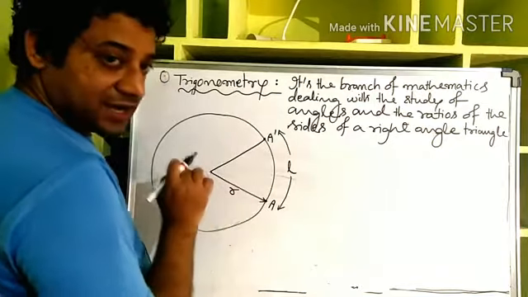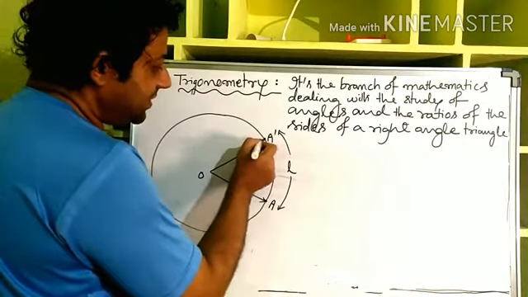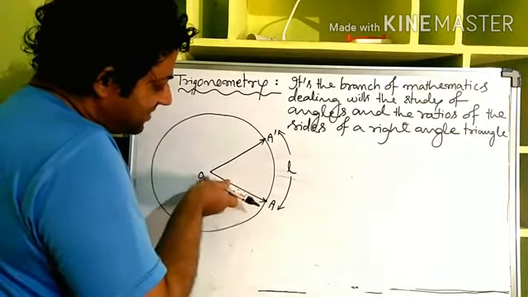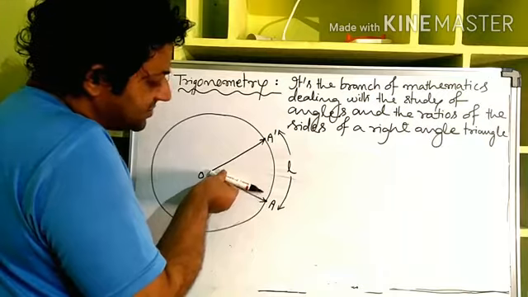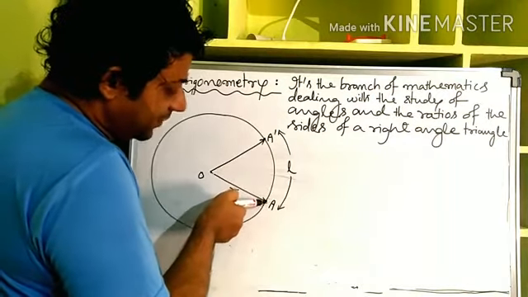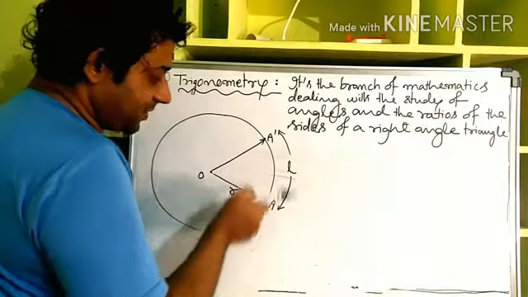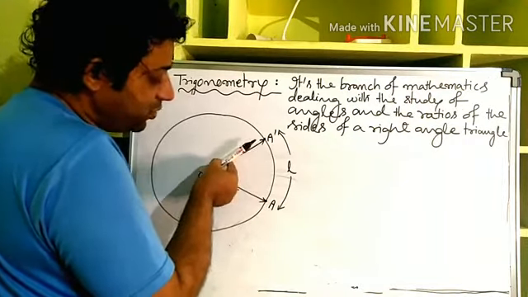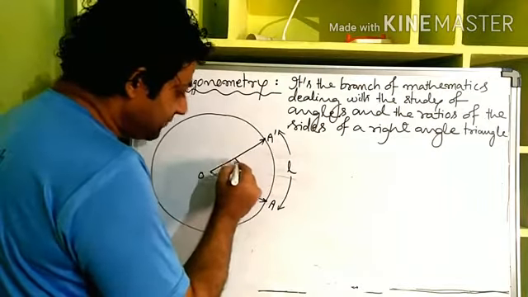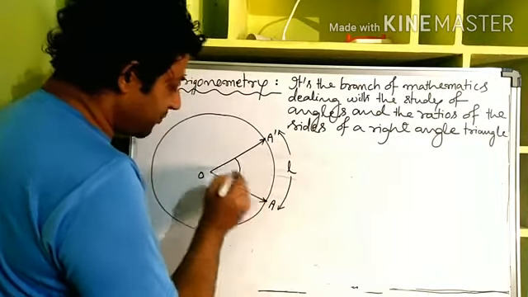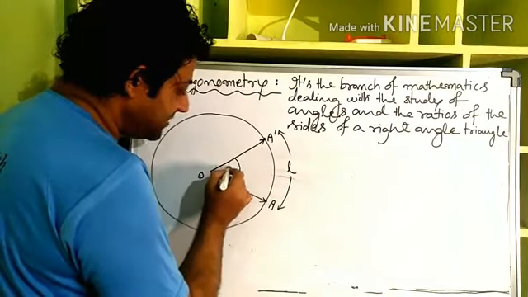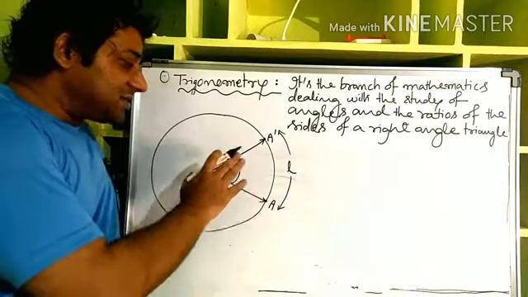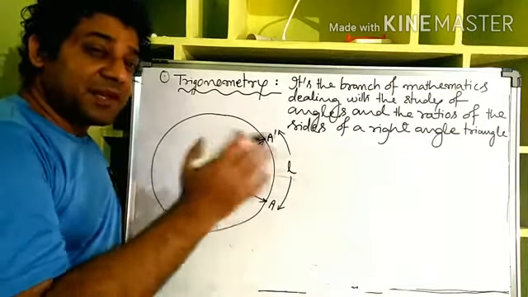The radius is R, let us say. Now see, OA dash is the new position vector. You can imagine that the position vector OA has moved as the particle goes from A to A dash. You can imagine that the position vector has rotated through a certain amount. That certain amount through which the position vector has rotated is called an angle. Is it clear?